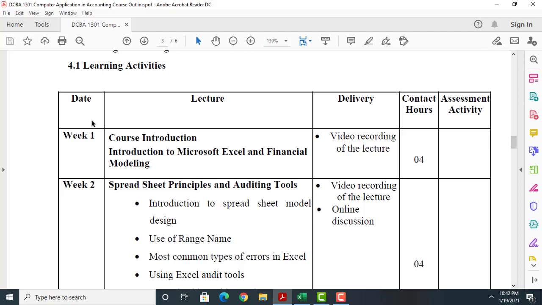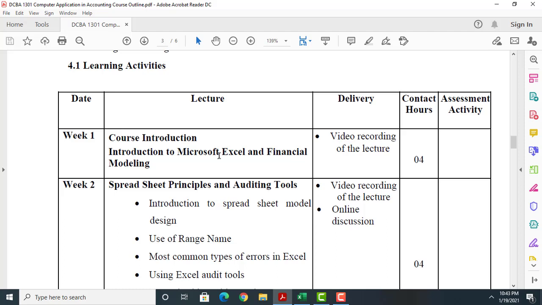In the first week, 7th of February, what we'll be teaching you is basically the course introduction. That is what is due on 7th of February. This course introduction would be provided. Also, as I told you, we'll be starting this course from the very basics, even from how to start the Microsoft Excel software. Probably almost all of you are aware of that, but I'm taking it from that level